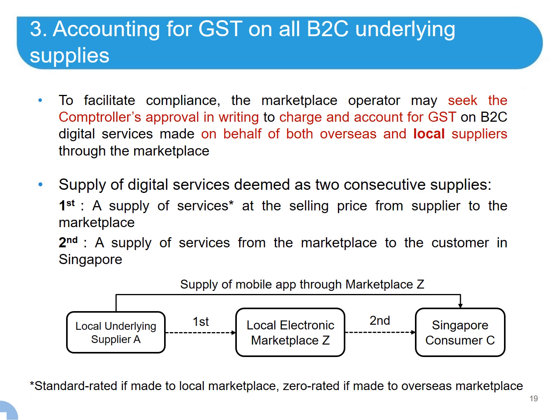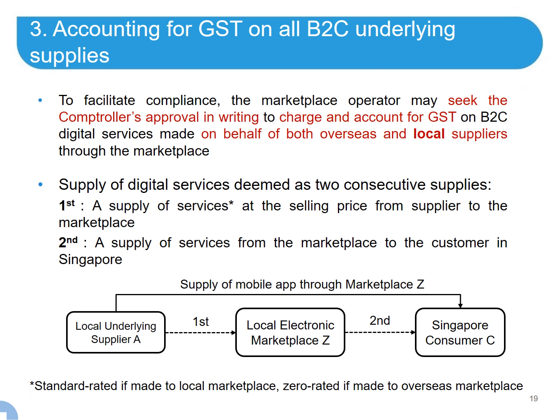The supply of services is deemed as two consecutive supplies. The first leg of the supply being a supply of services at the selling price from the supplier to the marketplace, which is standard rated if made to a local marketplace and zero rated if made to an overseas marketplace. The second leg is a supply of services from the marketplace to the customer in Singapore. The deeming of the supply as two consecutive supplies allows local GST registered suppliers to claim input tax incurred in